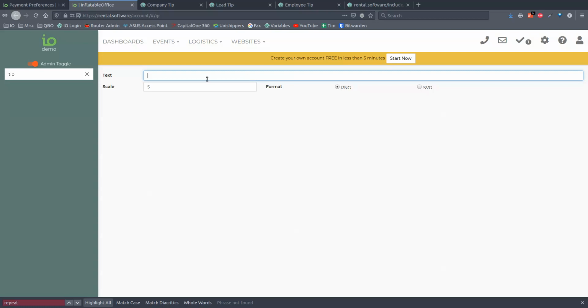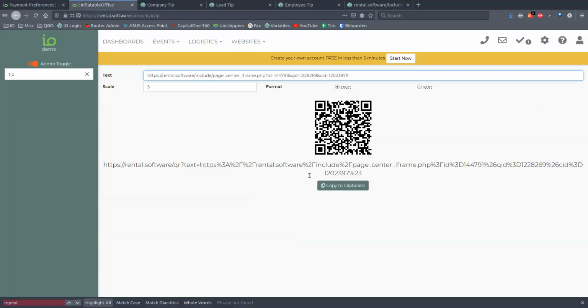Some of the other generators will say, if you want it to be a URL, if you want it to be a text, or if you want it to be XYZ, then choose these. Well, it's all the same. You paste the text in. If it's a URL, you just paste the URL in. Just for kicks, we'll grab this, paste it in, and see what we got. We're doing it on the fly. You can copy to the clipboard